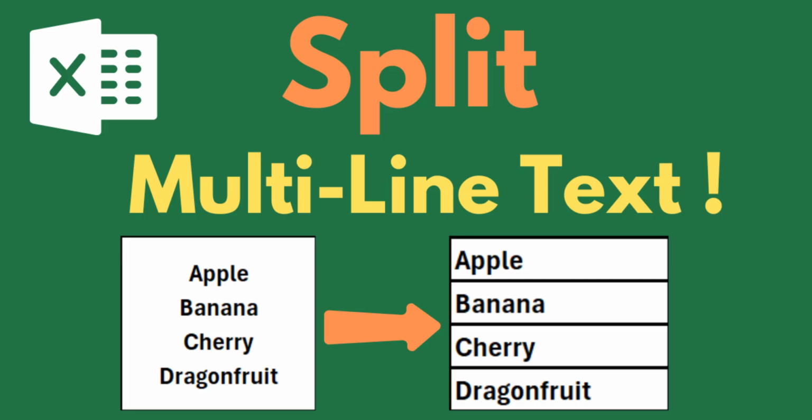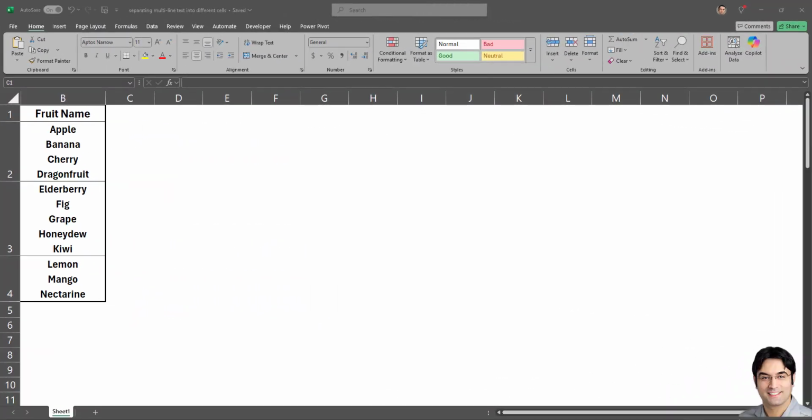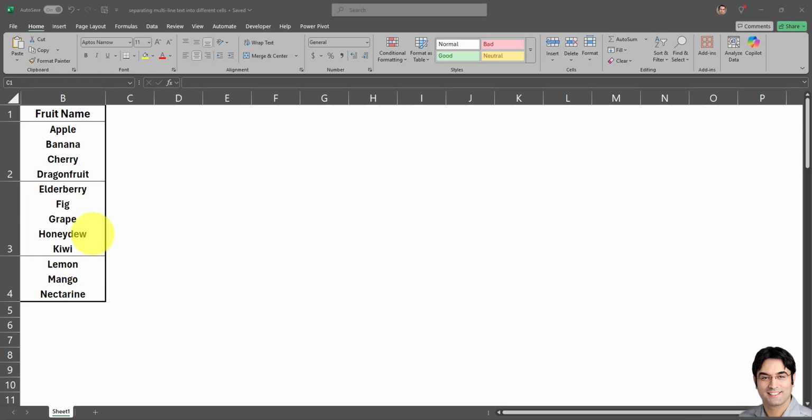In this video, I'll show you how to separate multi-line text into different cells in Excel. In one of my previous videos, I showed you how to do this using Power Query. If you haven't watched that video, the link is available in the description box. But I'm going to teach you how to do the exact same thing, but this time using a formula. You will need to have Office 365 or at least Excel 2019, I believe, for this formula to work. But if you don't, you can always watch my other video in which I explain how to do this in